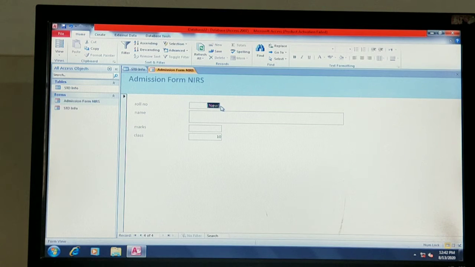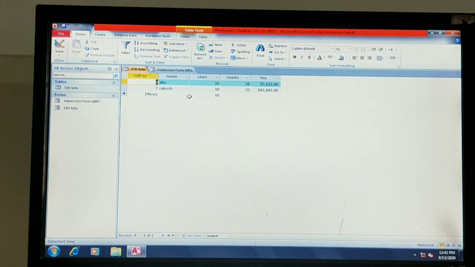Yes. So now go to the student info table. Why? Because we need to check whether the entered information has been stored in the student info table or not. So you need to click on student info and open it. Just refresh. Yes, I got Rajendra, and he got the rule number 8, in class 9.